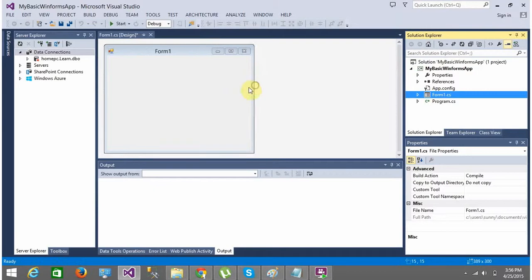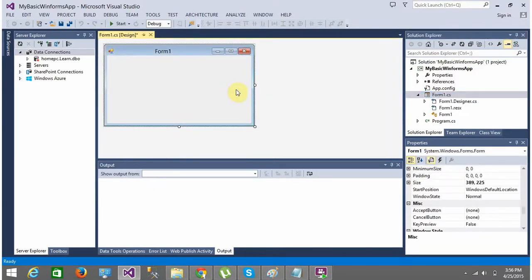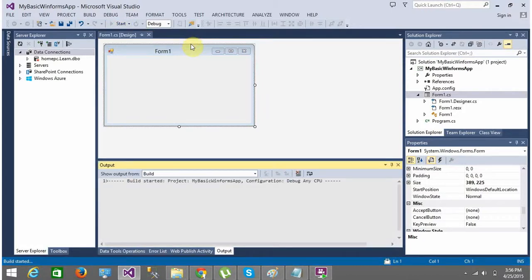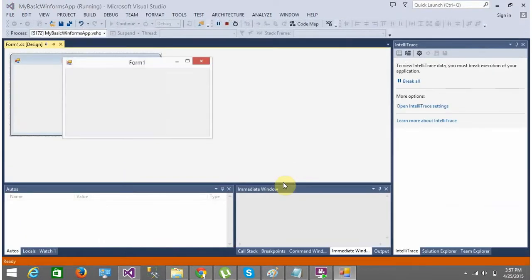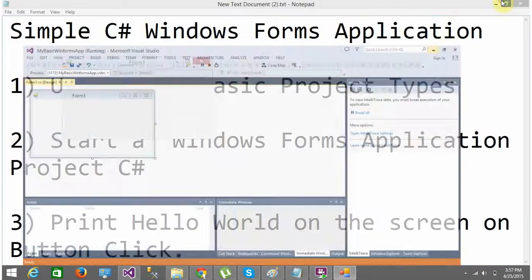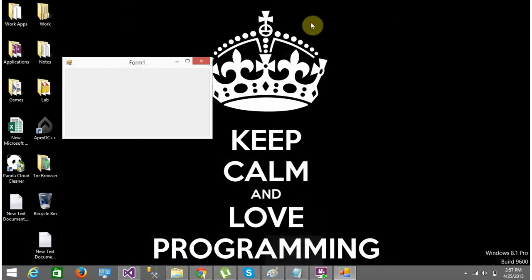Now you can go ahead and resize this form. This is how your application is going to look right now. So I go here and I start my application. Whenever you start your application, Visual Studio is going to take all the code that you have inside your project and build it. You see here that the build for Basic Windows Forms has started, and after the build is done, it is going to launch the application.